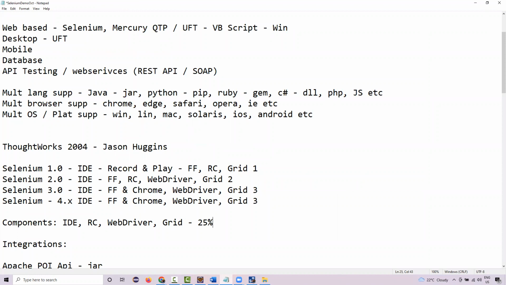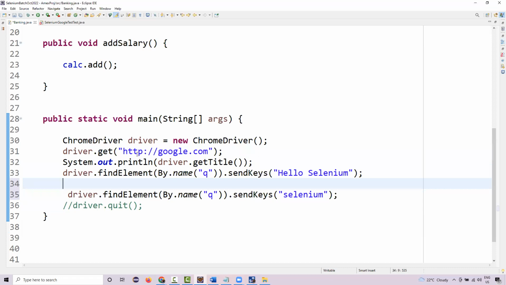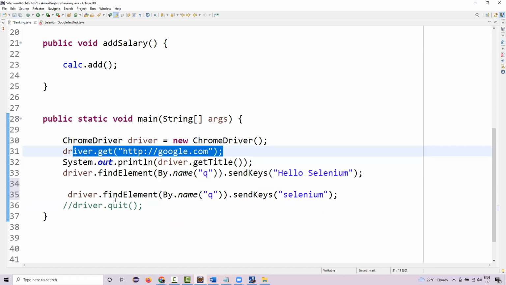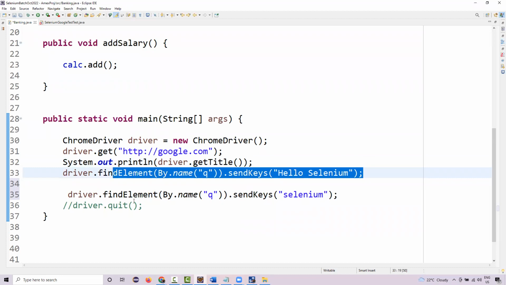Because what we are doing with Selenium, we are launching the browser, navigating to the website, typing something, clicking something, we are just performing actions on the web page. We have performed, let's say, 1, 2, 3, 4, 5, 6 actions. And these 6 actions could be one of the test cases: verify user is able to navigate to google.com, verify user is able to get the title of the page, verify user is able to type in the